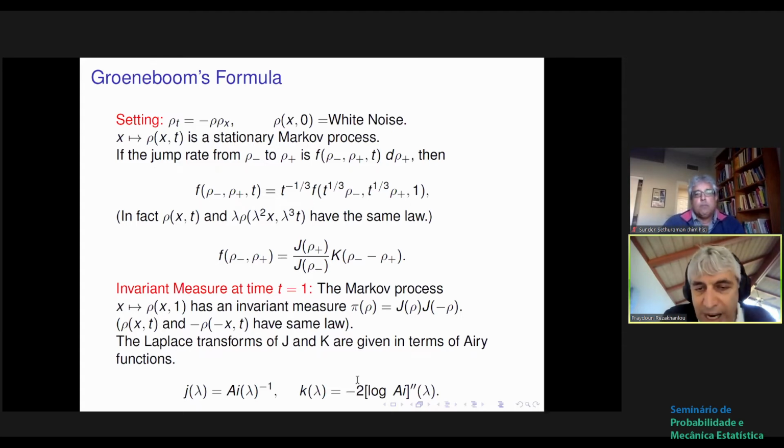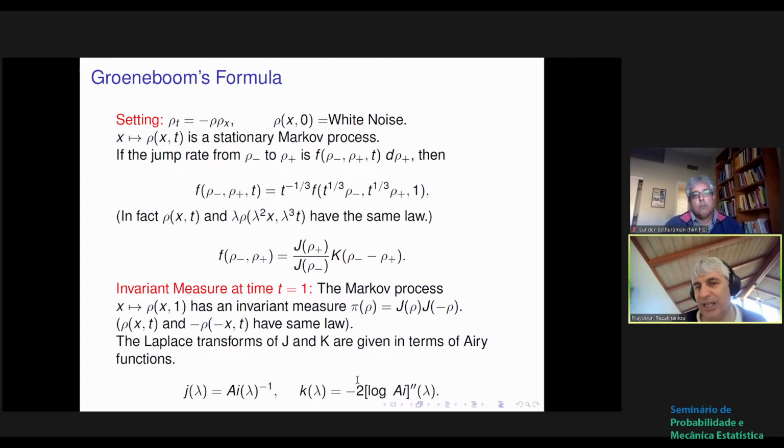So if lowercase j is the Laplace transform of uppercase J, then it is the reciprocal of the Airy function. And the Laplace transform of K can be expressed as the second derivative of the log of the Airy function. So again, it's kind of hard to explain why all these formulas are true, but some of them should not come as a surprise